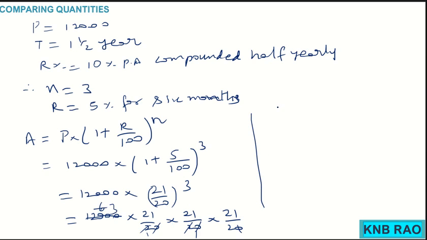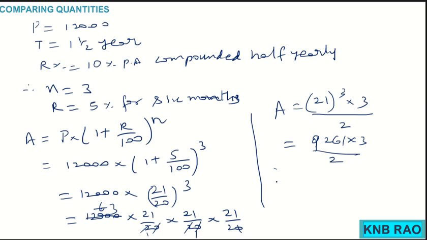I have got finally here amount being 21 cube into 3 by 2. You know how to find 21 cube. So, 21 into 21 into 21 is 9,261 multiplied by 3 by 2. 9,261 into 3 is 27,783 by 2,